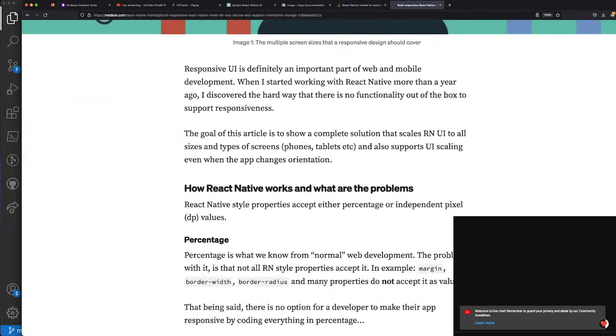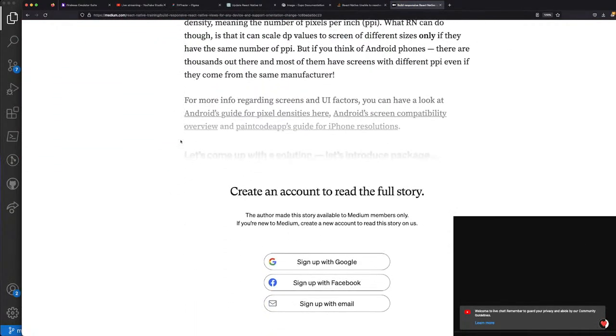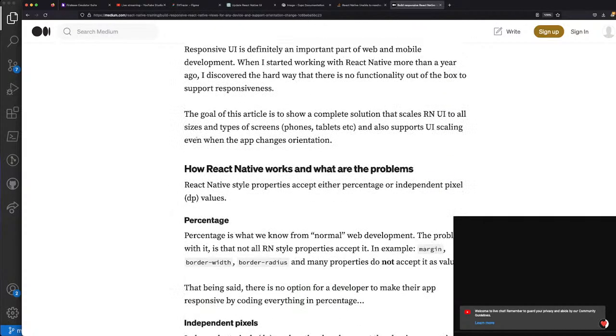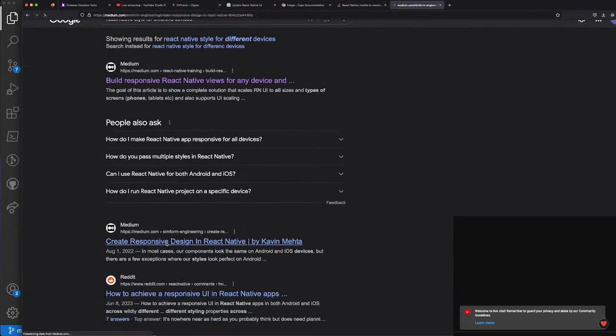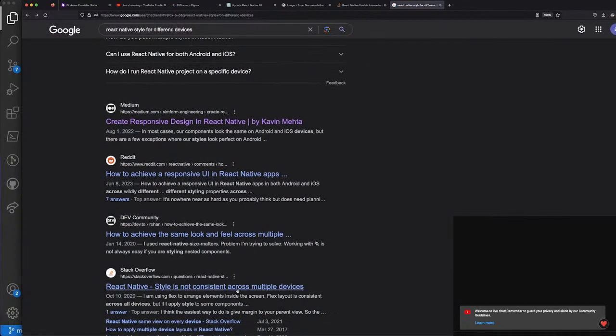There was an npm package that I've been using for a while, and I thought it was really good. God damn it. Independent pixels. Yeah, you can do that, but there's a package that does it for you, and I'm feeling a bit lazy to do it myself. So we have,